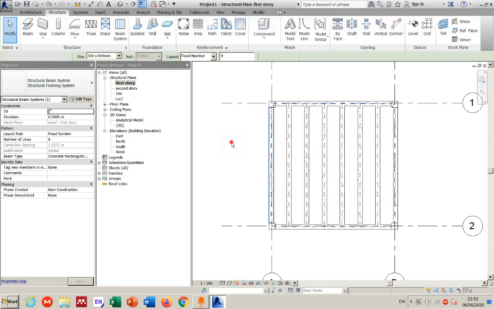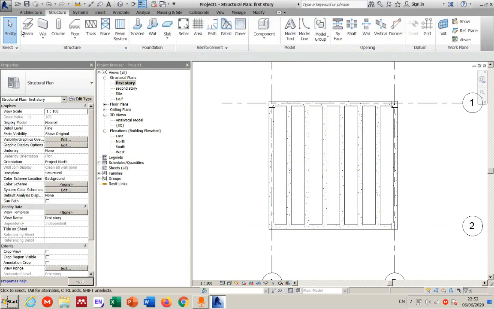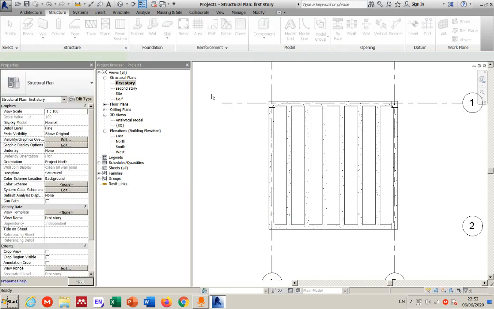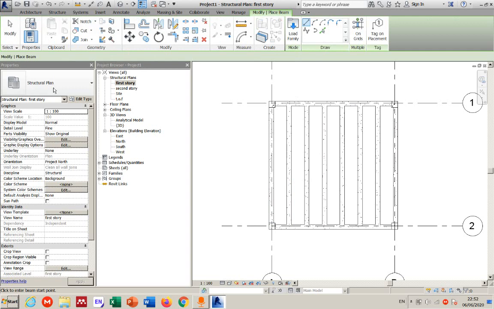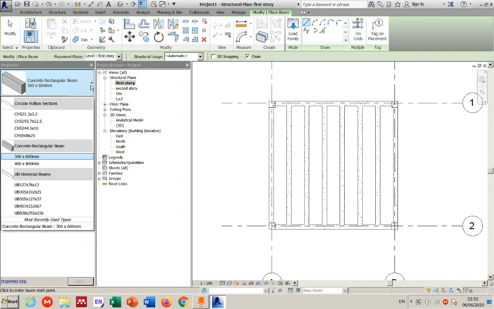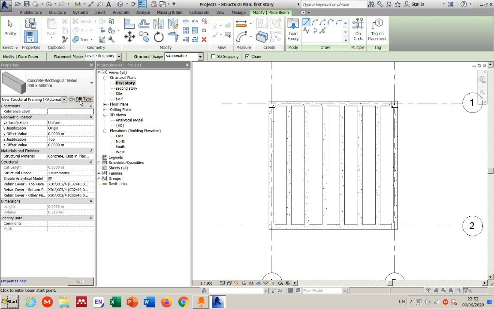In order to add this, I first have to have something within the list, in a normal beam, where I'm not drawing anything. Then I can select from the list. So I can edit type,